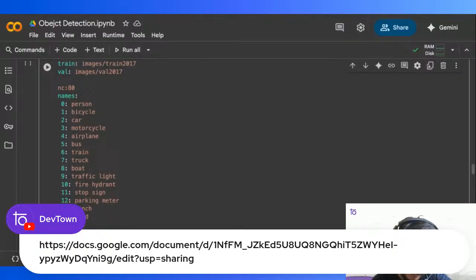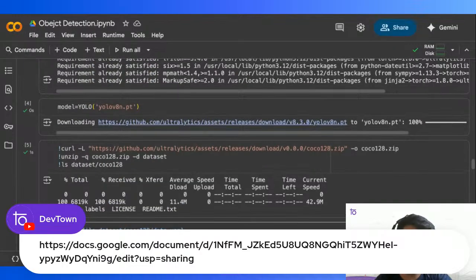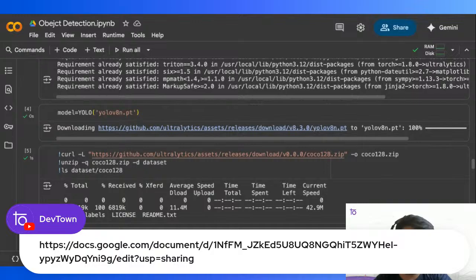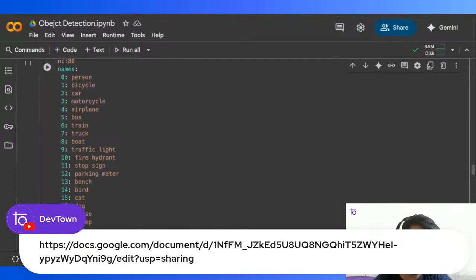The COCO128 subset is already present. I have given you the link from which you can download that. Here is the link which I have given, github.com/ultralytics/assets/releases/download/coco128. It is an already present subset of COCO, which we are importing to train this. Okay,